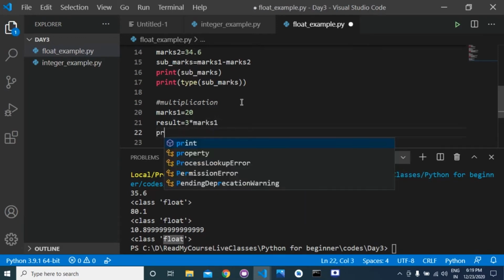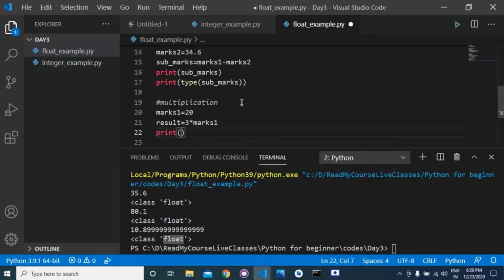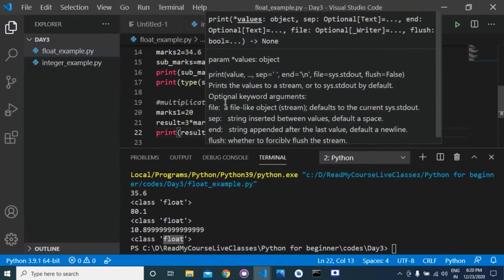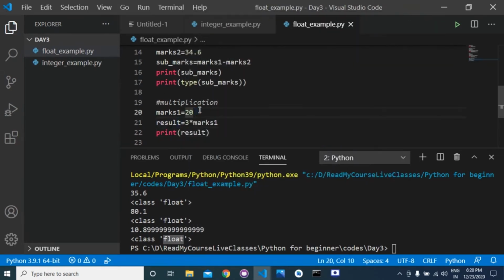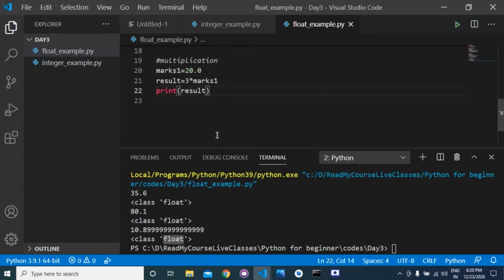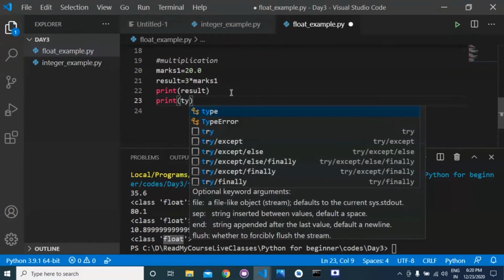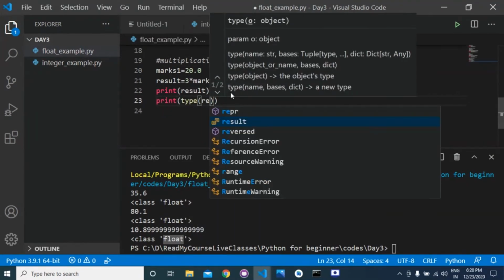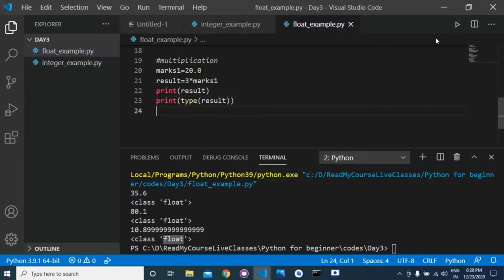If we print result, we will get, I am adding here 0.0. If you do not add the 0.0, it will be treated like an integer variable, so you need to provide the 0 to tell that it is a float. Now run this, and I'm also typing print type of result. So it will be float again.